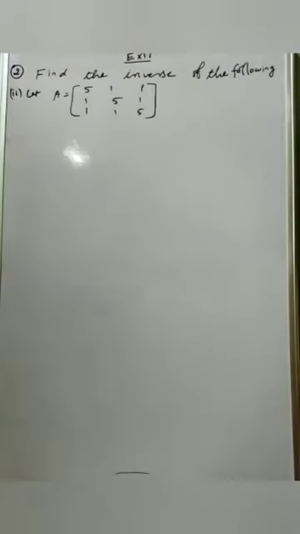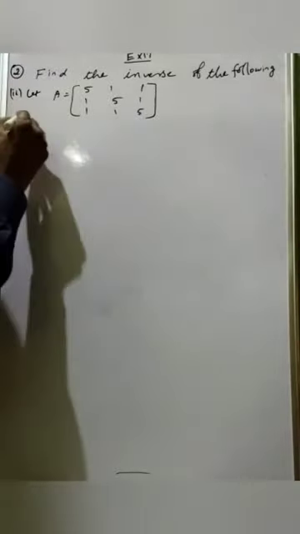Next, the given matrix, give the name A, is a 3 cross 3 matrix. First row 5, 1, 1, second row 1, 5, 1, third row 1, 1, 5 is given. So first we have to find the determinant value. If the determinant value is not equal to 0, then A inverse exists. So determinant of A